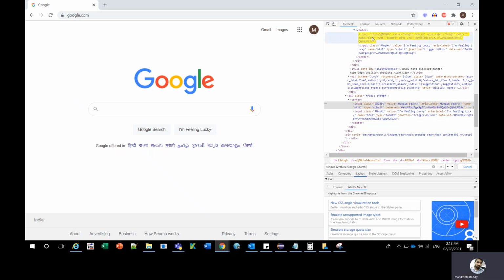When I move my cursor onto this yellow highlighted element, nothing is getting highlighted on the Google screen. But when I go to the second element, you can see the Google search button is highlighted. So the second element is the required XPath, which can be used for clicking the Google search button.